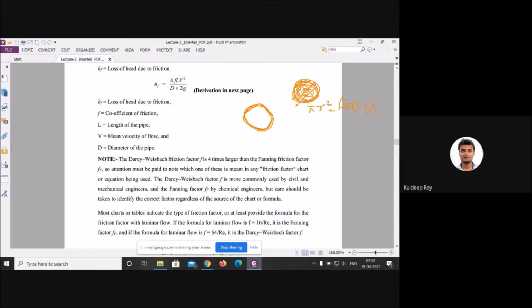But in perimeter, perimeter means if a runner runs, then he will run on a particular track which is around that, but it is not inside this. But a goat will eat grass throughout the whole region. That area means the whole region, not only the upper surface. So the formula of perimeter is 2 pi r. Okay, got it?